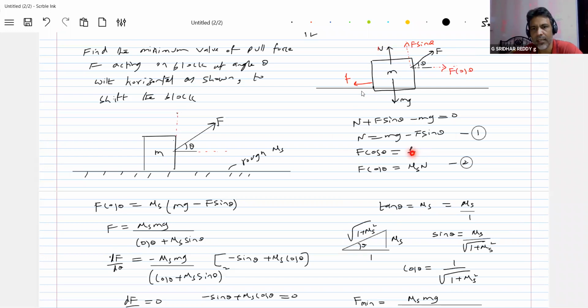Able to understand this? So what is F? F should be equal to mu s N. So what happens at an angle theta, if I apply, because of F sine theta acting upward, the normal reaction decreases. Then definitely the limiting friction which is needed will decrease here. So we are discussing the problem for shifting. If you want to write F L, it doesn't matter. It doesn't make any difference. Here we are discussing the problem about to shift. Here the normal reaction I should minimize. Therefore I'm applying at an angle theta.